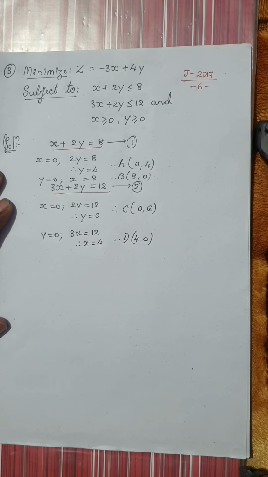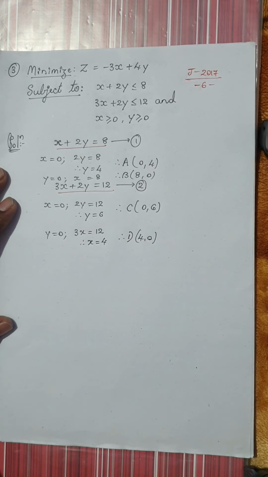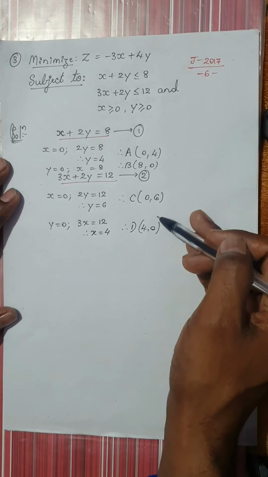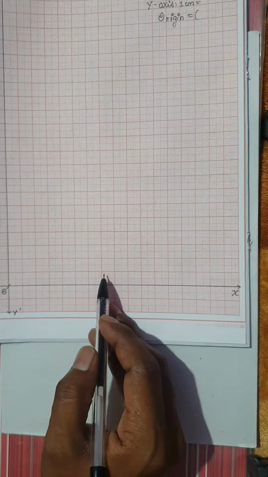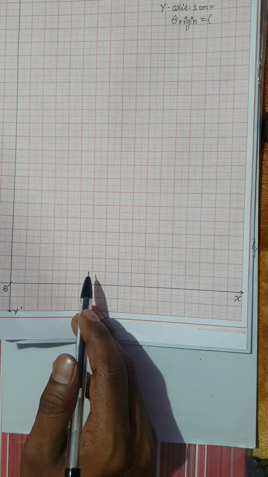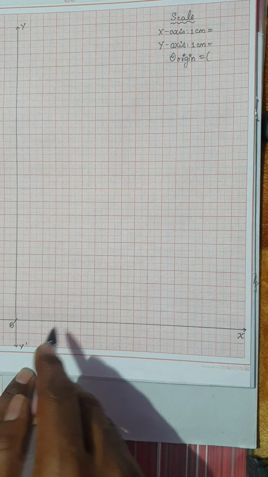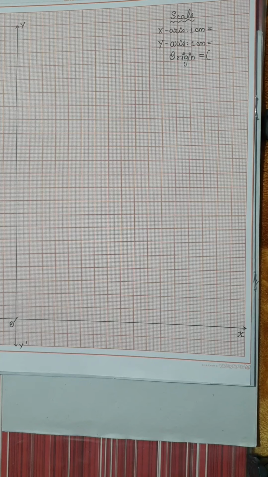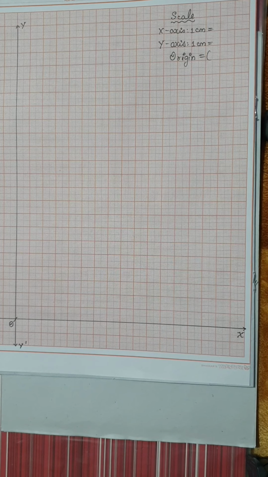Now I am going on to plotting the points on the graph and plotting the two equations with straight lines. Now you can see that the maximum value of x is 8 and the maximum value of y is 6. Maximum value of x is 8, isn't it? So what you can do is use 1 centimeter for 1 unit and take the scaling. This procedure of using the graph you already know. So now I'm going to take the scaling, taking 1 centimeter for 1 unit. Now you can get ready with the scaling by yourself.